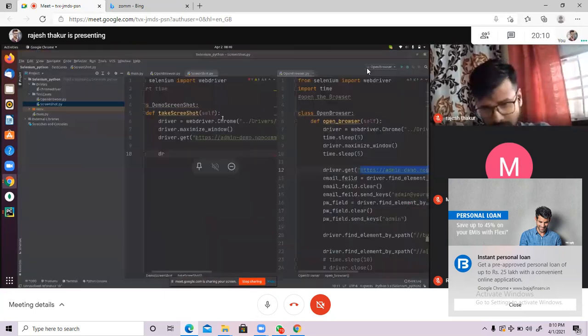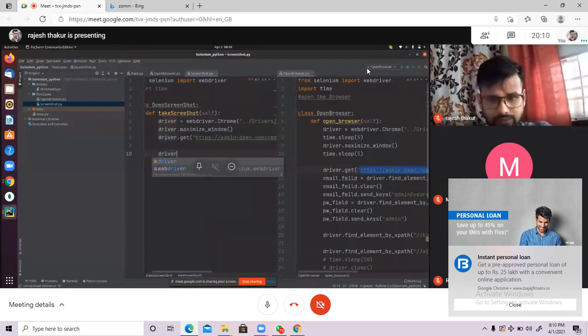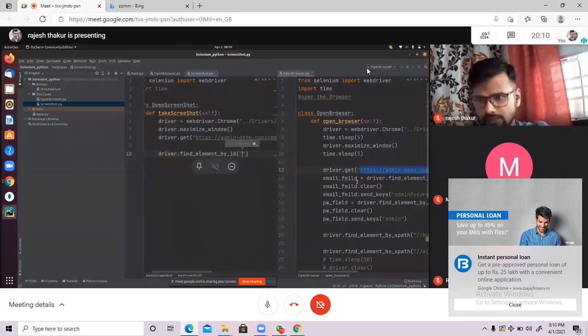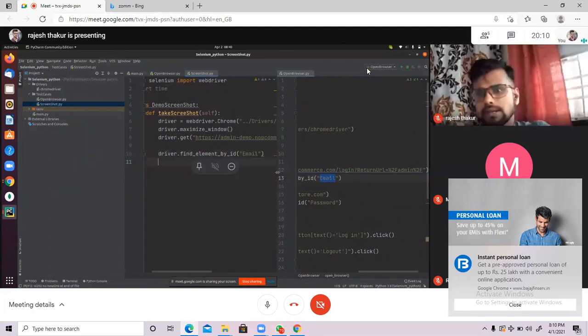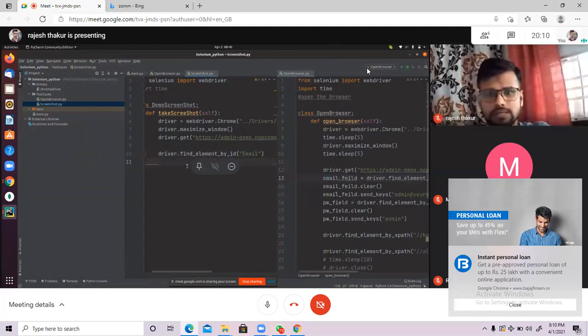So what you can do, driver dot find element by ID, and what is the ID here? Email ID, right? The ID is email. Pass this, and once it is done, this is nothing but my email field. This I can keep inside a variable.